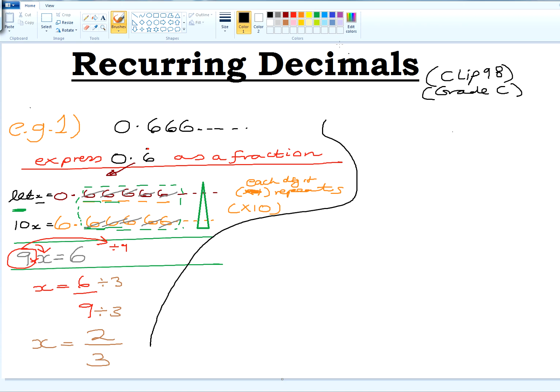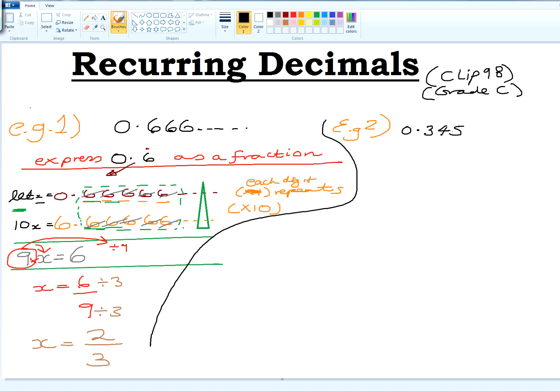So let's give you another example on the same page. So we say example number 2. Now you've been given the number. Let's have a look. So you've got 0.345. Now, if you want to show that these 0.345 recurs, now because there's 3 digits, what we do, the